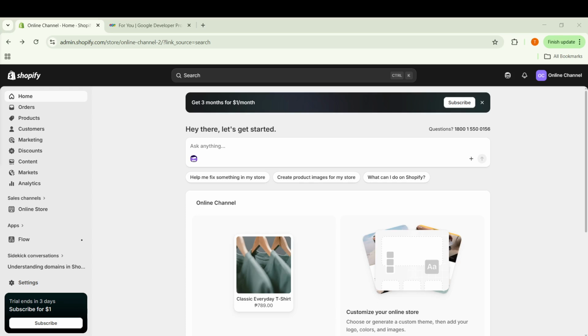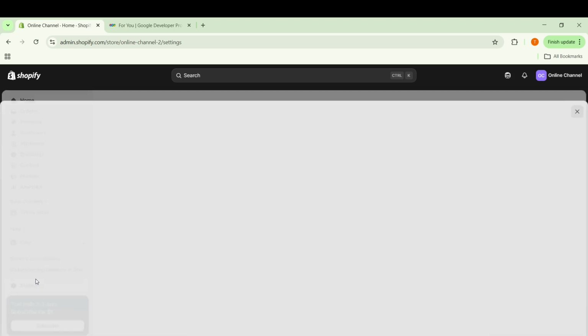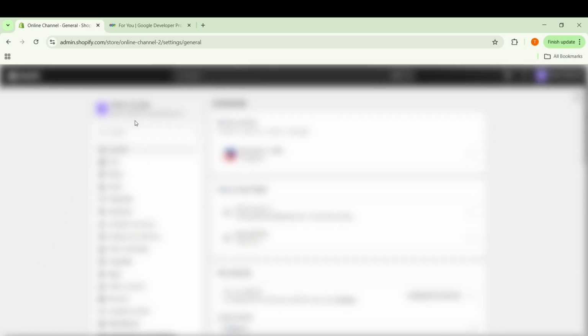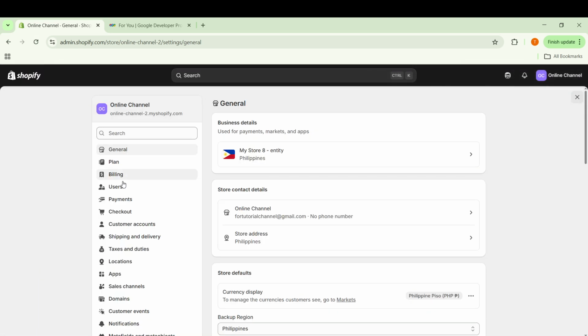In today's video, I am going to teach you how to connect Google Ads with Shopify. To get started, you will first log into your Shopify admin. This is the main dashboard where you manage your store settings, products, and apps. Make sure you are using an account with permission to install apps and manage sales channels, because you will need